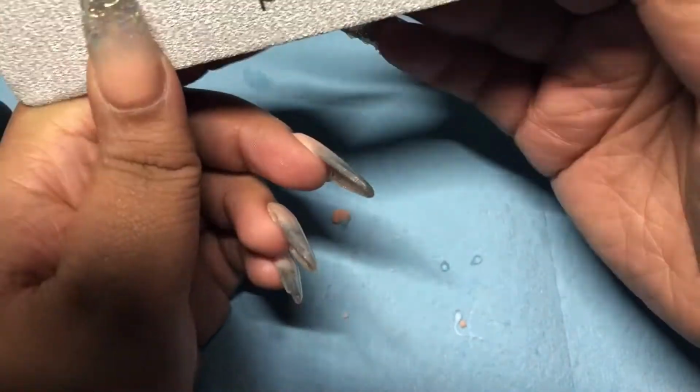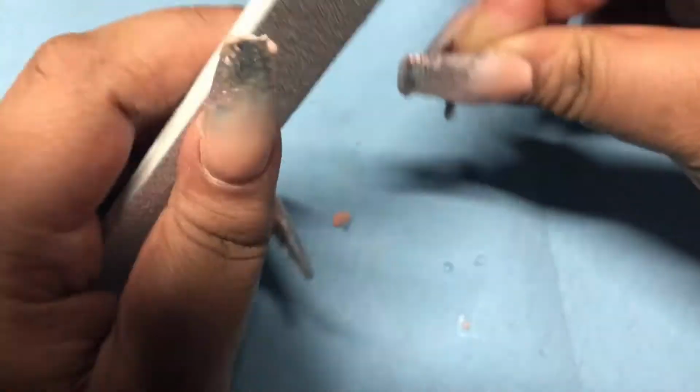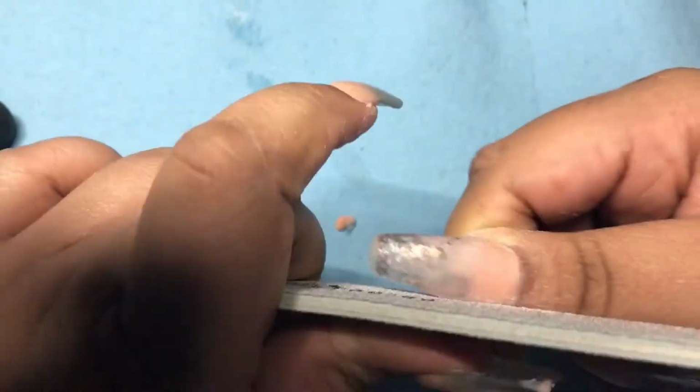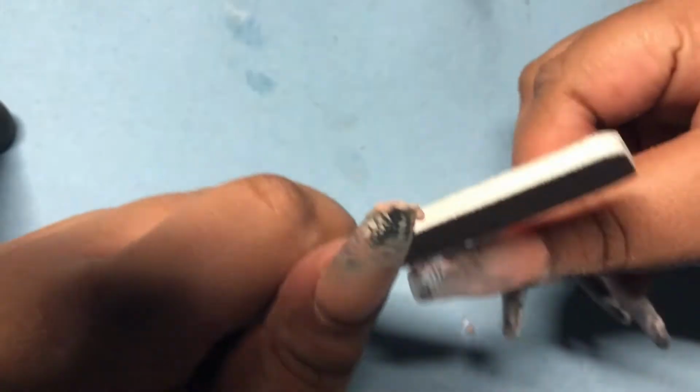So I didn't mention it, but I did cut and shape the nails off camera, just the tips. Here I am going in with my Pana 80/80 grit file, and this file is found on Amazon. Oh my god, it's found on Amazon, and y'all, I had such a difficult time just shaping the thumb